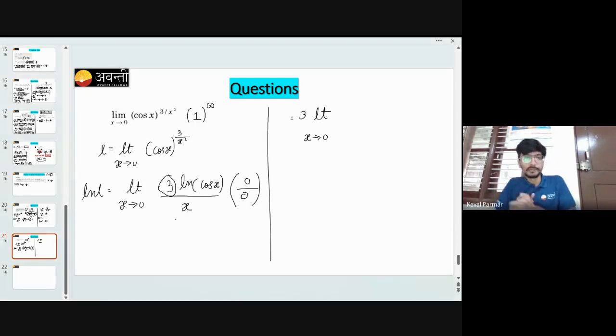But still, we have to complete this, right? Okay, let's complete this first. So, limit x tends to 0, ln cos x. What is the derivative of ln cos x? 1 upon cos x into the derivative of cos x, which is minus sin x. So 1 upon cos x into minus sin x upon